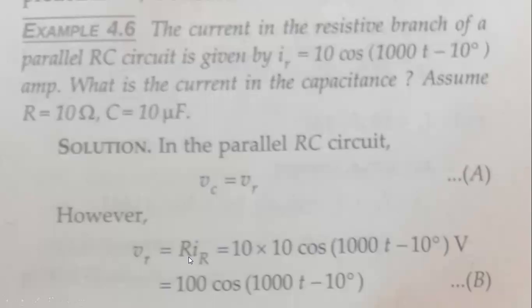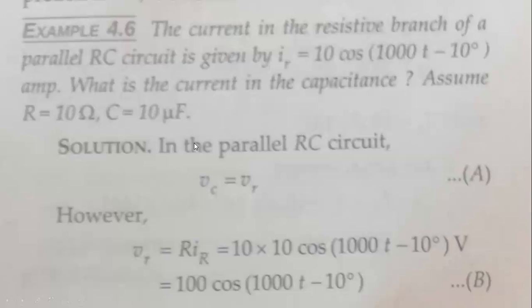So what is my resistor? The resistor is 10. Again, the IR equation is given, that is the current flowing through the resistance: 10 cos(1000t - 10^0) ampere. See here, this 10 is the resistor value and this equation is the IR value. In this way, you will get 100 cos(1000t - 10^0)